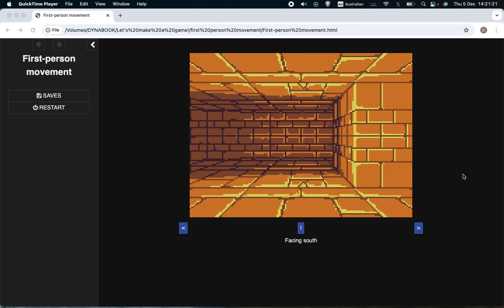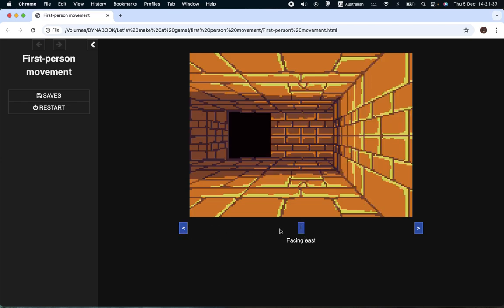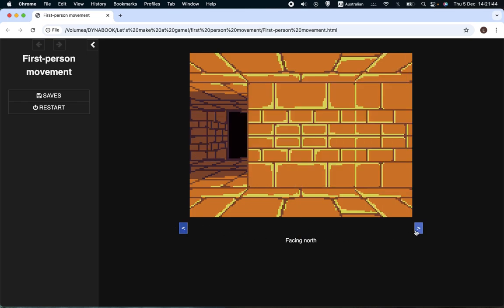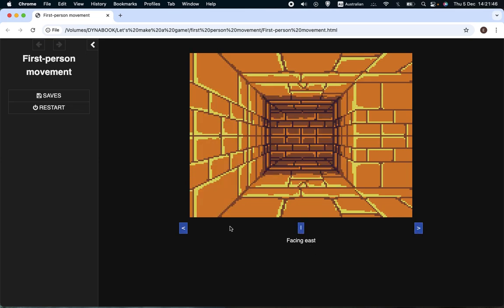Welcome back to Let's Make a Game, a channel about making computer role-playing games using the free program Twine and the Sugarcube format for Twine. As you can see, I have made a simple little display where there's a virtual environment, a sort of retro-looking dungeon, I guess, and we've got some controls